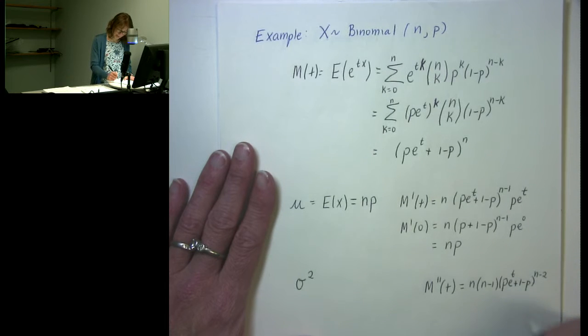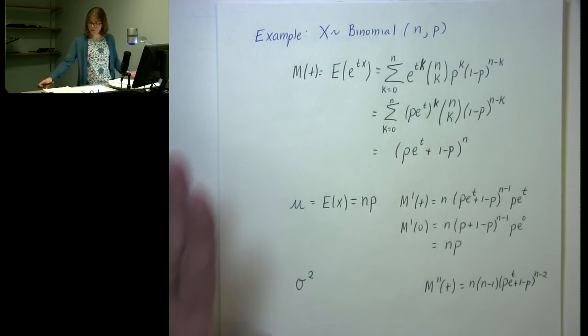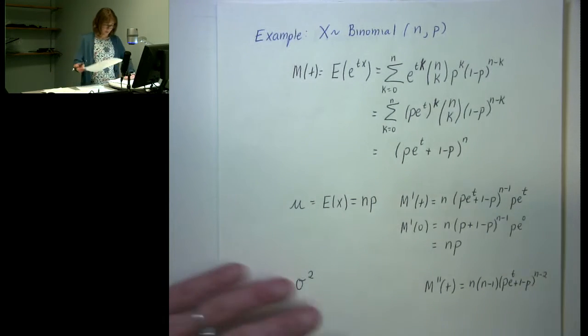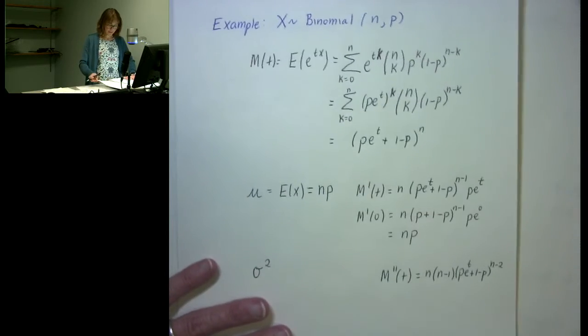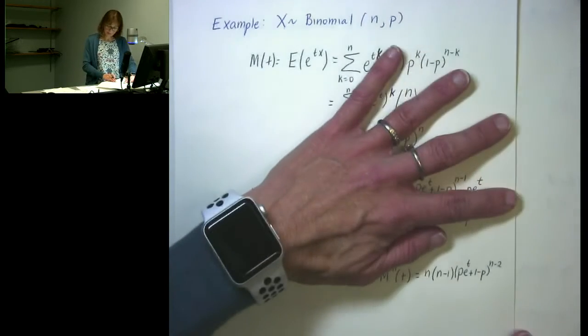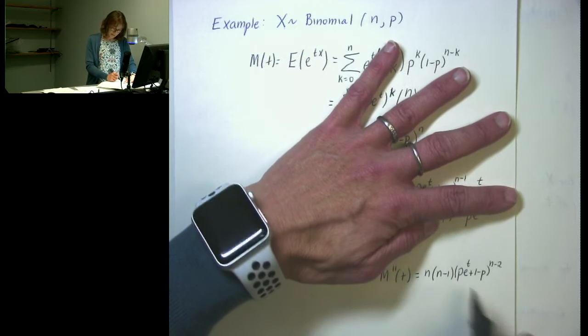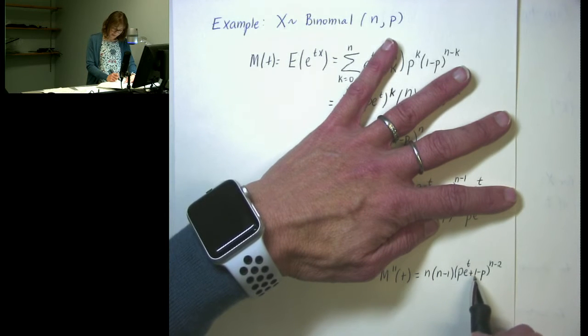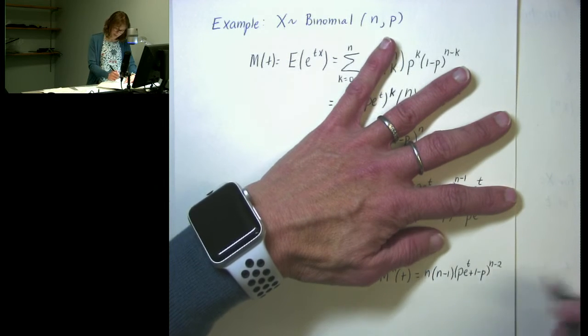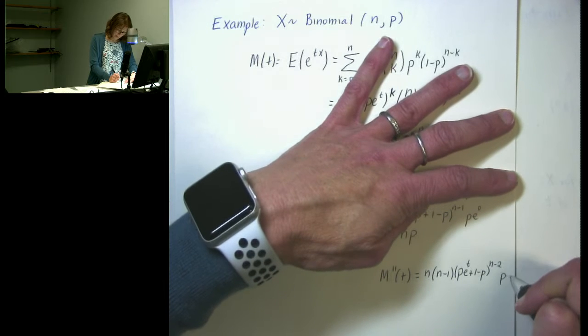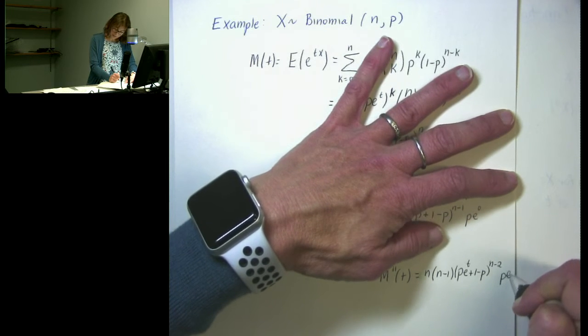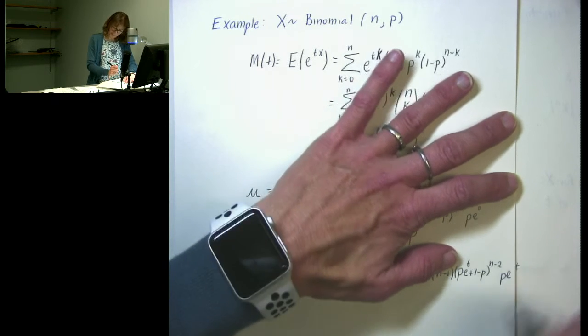I'm going to have to go on down onto the next line here. Let me scooch myself over a little so I don't have to do something weird there. Okay. p e to the t plus 1 minus p to the n minus 2. Then I multiply that by p e to the t